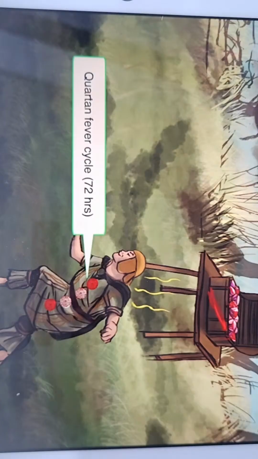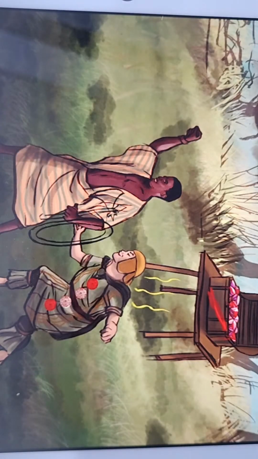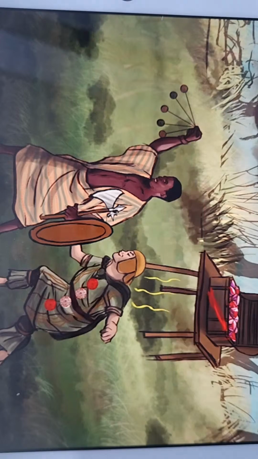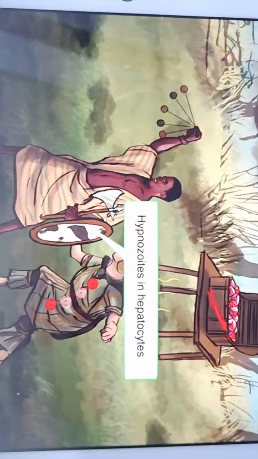Alright, our next African warlord is going to represent Plasmodium vivax and Plasmodium ovale. For the boards, you can treat these 2 species as if they were the same one, and we represent them with just one warlord with an oval shield and an axe, ovale and vivax. He's using hypnosis and swinging his pendulum to remind you that vivax and ovale produce dormant forms in the liver called hypnozoites. So these species hide out in the liver, which we'll represent by the cowhide with a liver spot